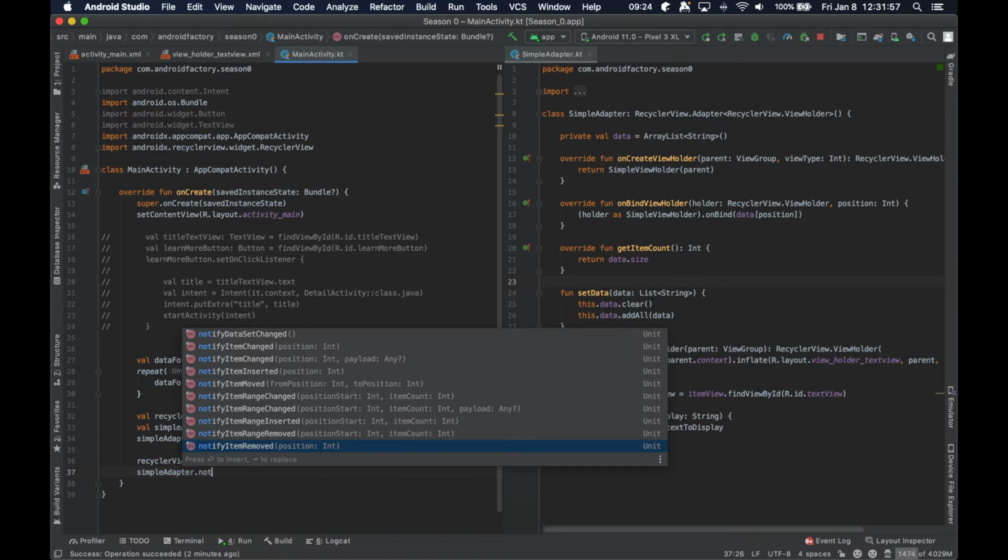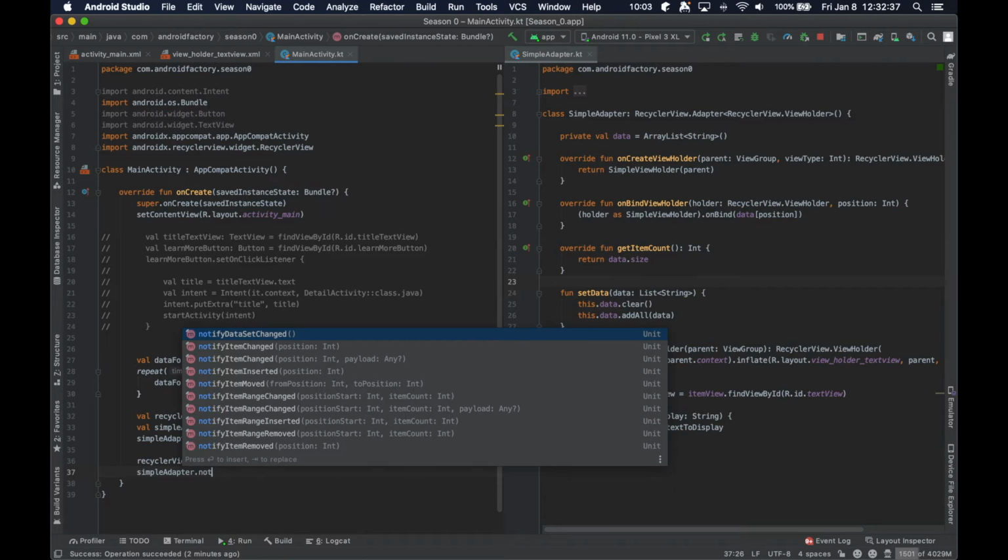So sometimes this is something that you will end up needing to do, where instead of refreshing the entire list, you just want to refresh a particular item in the list. Maybe there was user input that came in and it was specific to the 4th item in the list. So instead of telling the whole system to refresh, you can just tell it the exact element that it should refresh, and it will rebind that view holder with, hopefully, whatever updated data you've supplied. But in this case, we are going from 0 to 15,